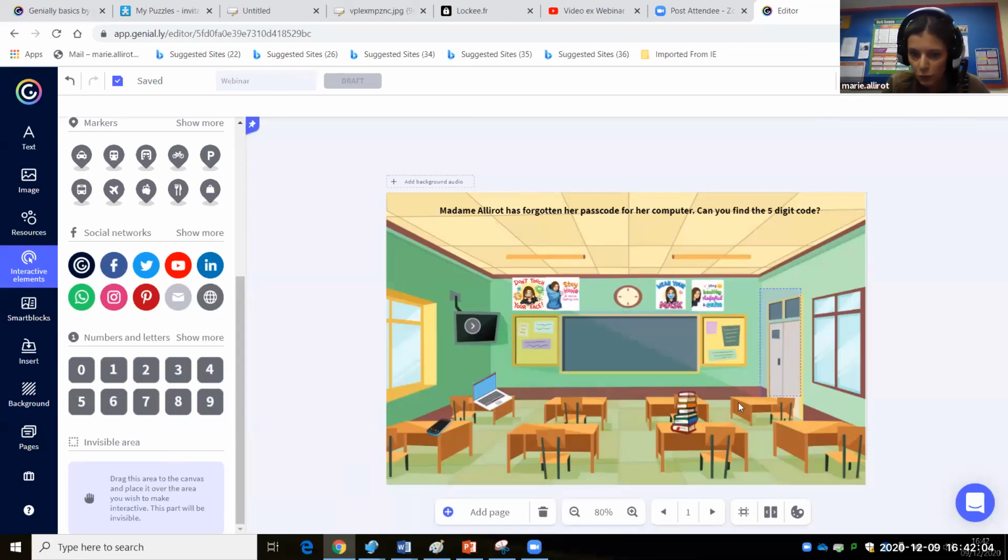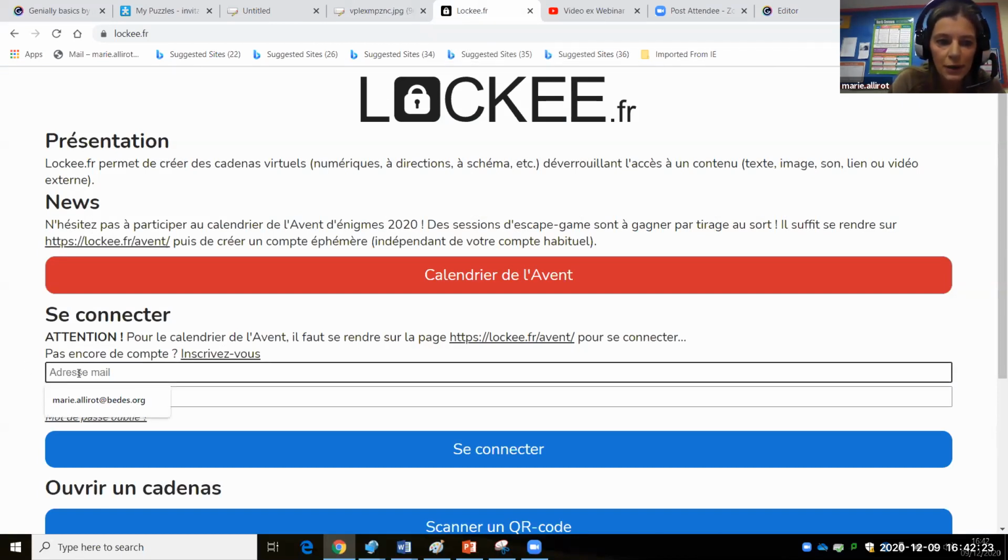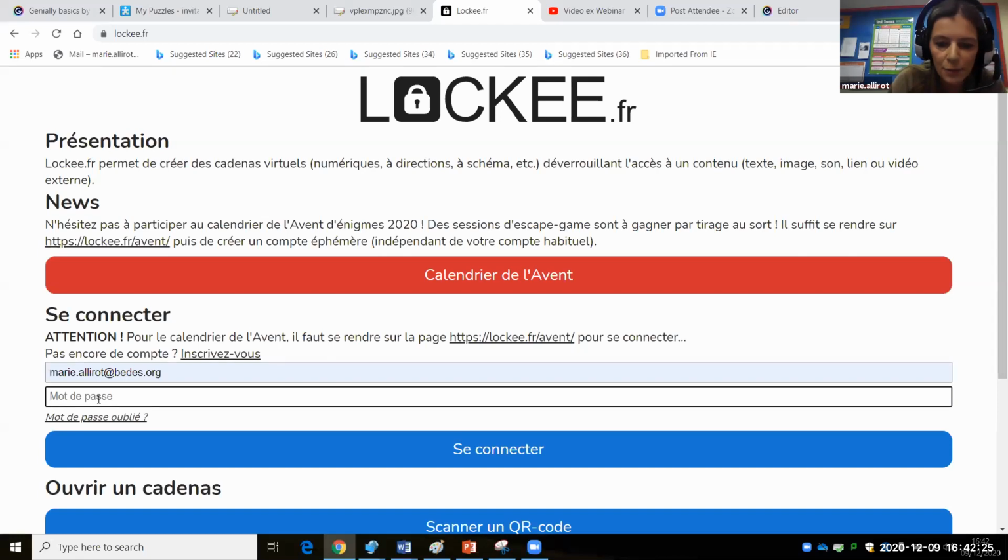Once they've solved the five missions, they will come up with a code. I've made a mistake in my code, but let's say that the code is 35184. For example, I'm going to use a website called Loki, and it's very easy to use. It's free as well. This is the French version, but I believe there's an English one as well.